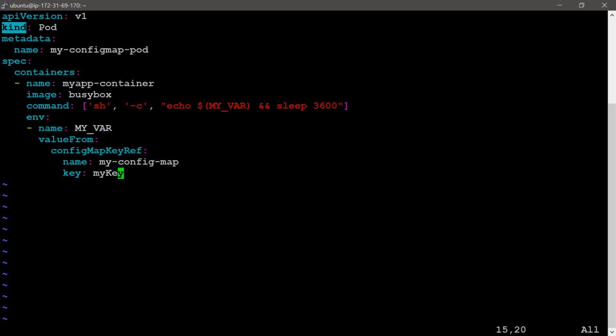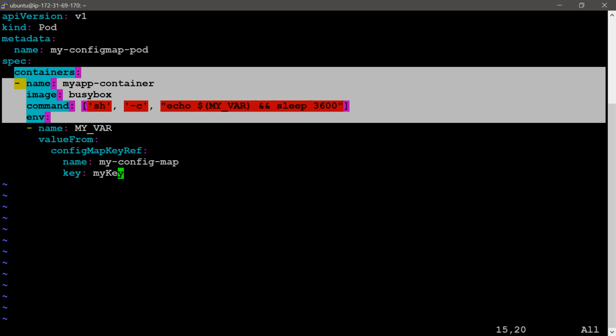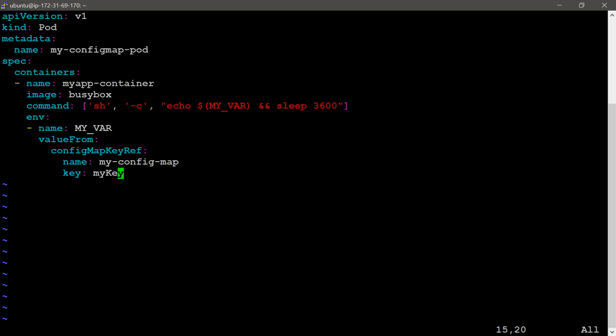Kind means the object is a pod. In the metadata section I will provide the name for the pod, my-config-map-pod. In the spec section I will provide container information, and you are looking on the screen, the container name, my-app-container.